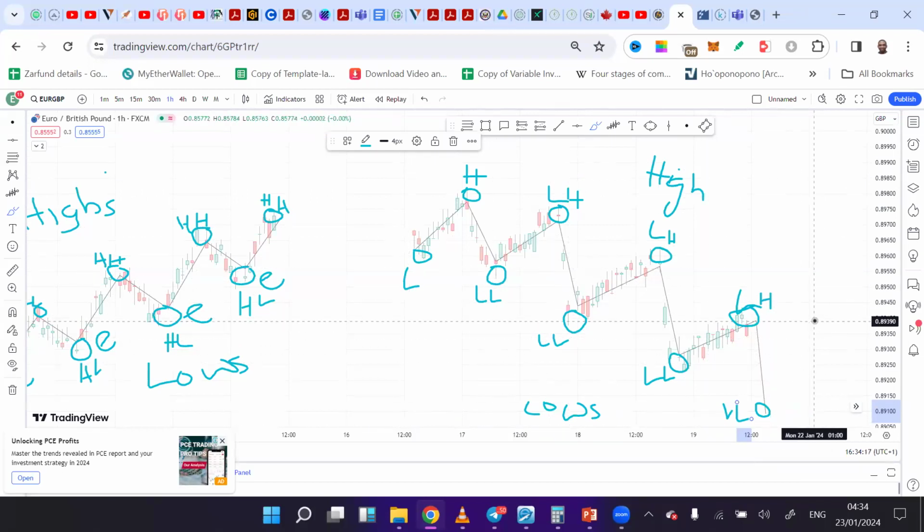So a series of higher highs and higher lows is what we call an uptrend, and a series of lower highs and lower lows is what we call the downtrend. Now this is different from us trying to identify